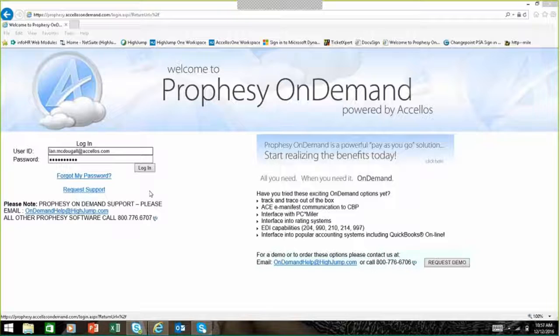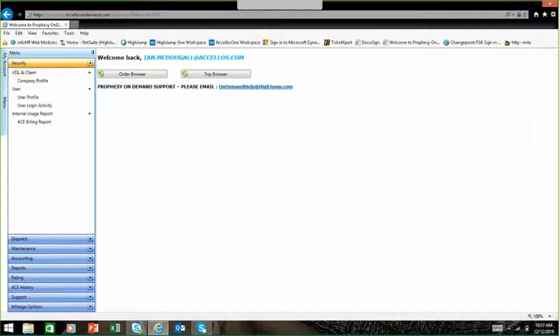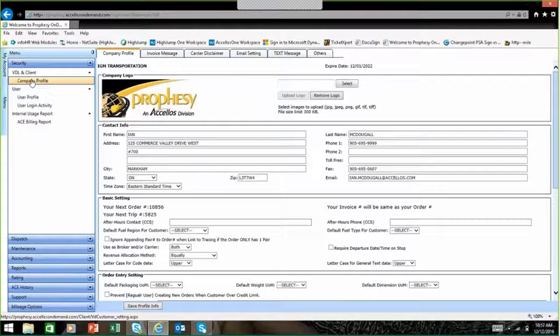You're able to log into the program with different usernames and passwords. Once you get logged into the system, you're able to work on the left-hand side in all the different sections of the program. And when you're first getting going with us, we'll set up your full company profile with logo, customizations of what you'd like to have on the bottom of the invoices and confirmation sheets,